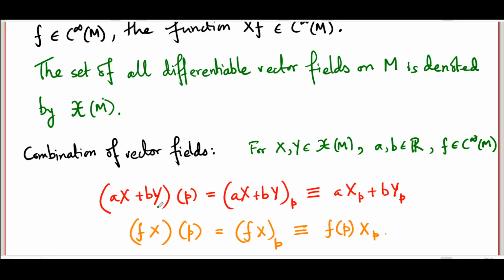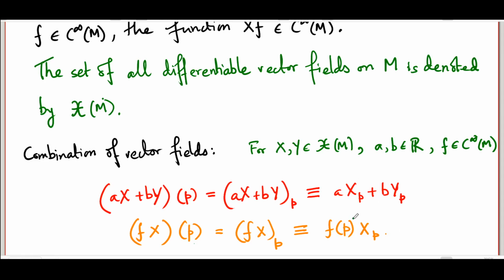Now, of course, the way we have defined this, we have talked essentially about the avatar of the vector fields in which they map M to TM. And of course, since here aX plus bY and f times X both return at the point P a tangent vector at point P, this is of course a linear combination of two tangent vectors at point P, and TPM, the set of all such tangent vectors, is a linear vector space, as we already know.